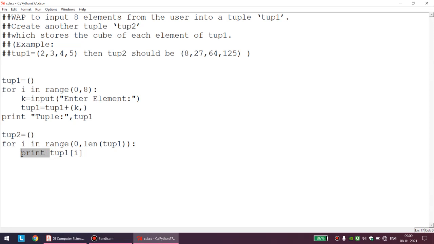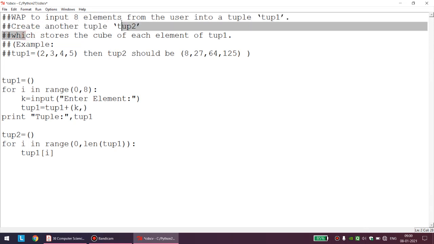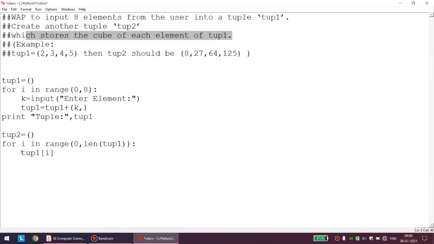Now what do I need to do? For each and every element of TUP1, I will perform the cube of that, and that answer will be stored in TUP2. Okay, that is what I understand, that we create another tuple TUP2 which stores the cube of each element of TUP1. So first of all, I will create the cube of each element of TUP1.